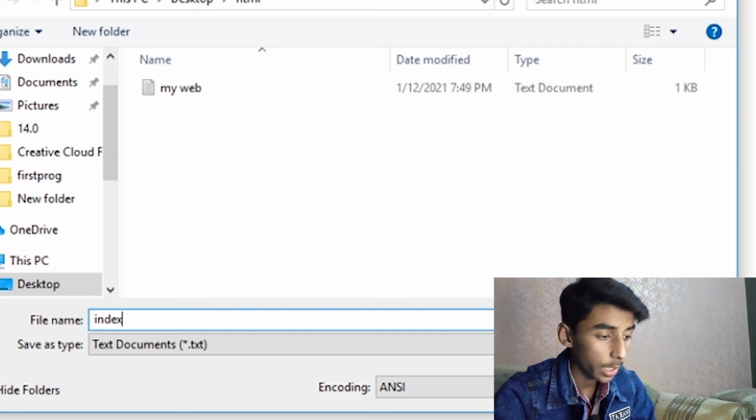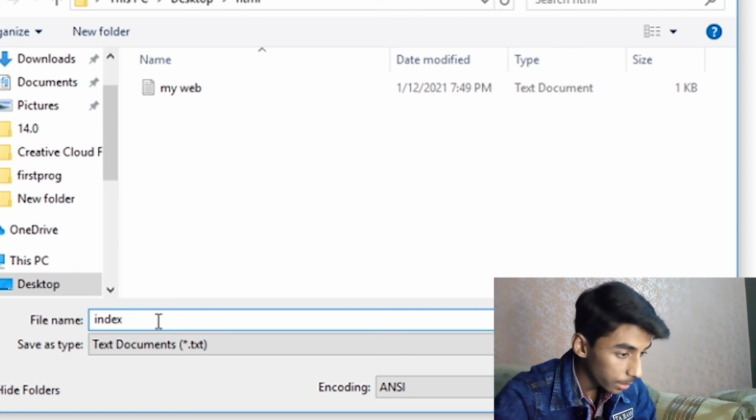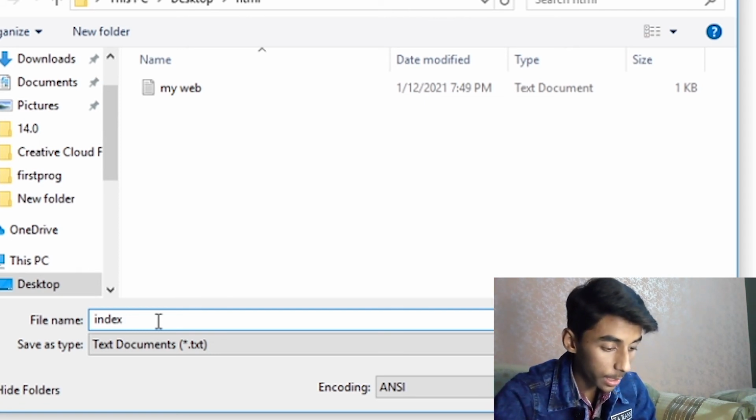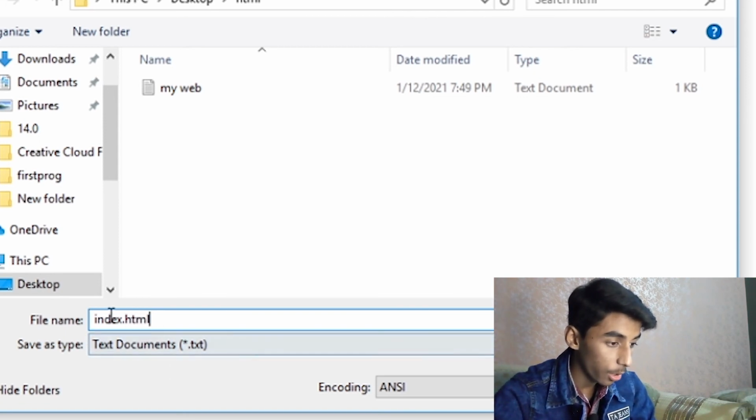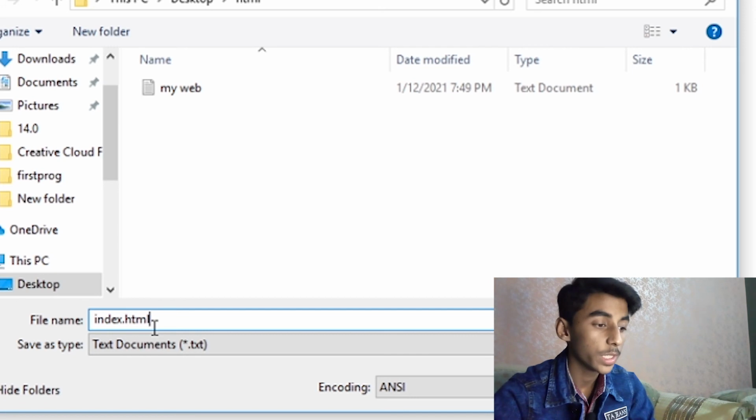I prefer to write index, and after this you have to write .html, so index.html. This is very important. If you don't write this .html, it will not be displayed in your web browser.